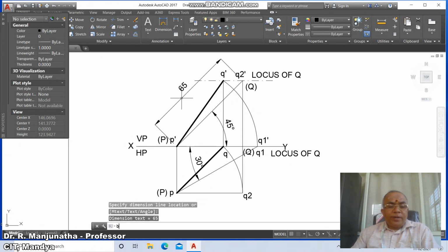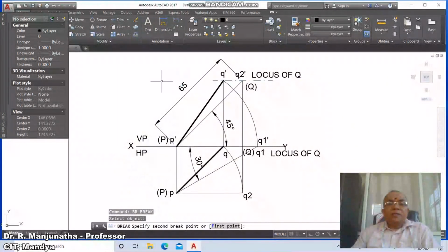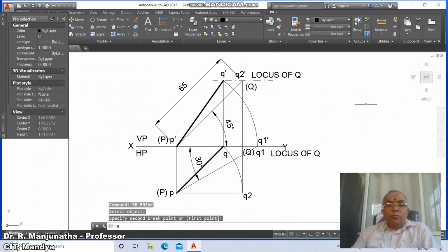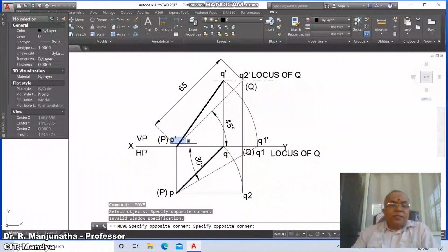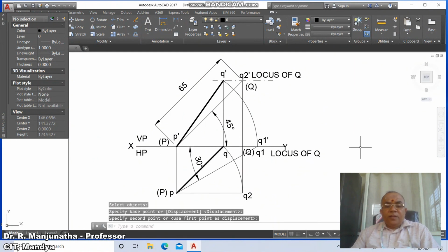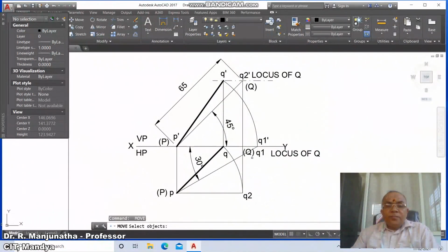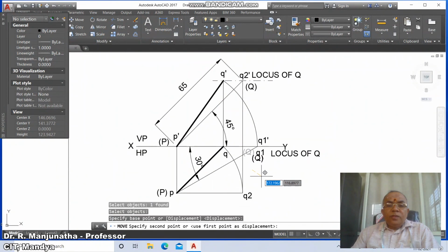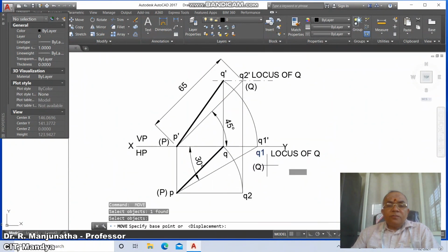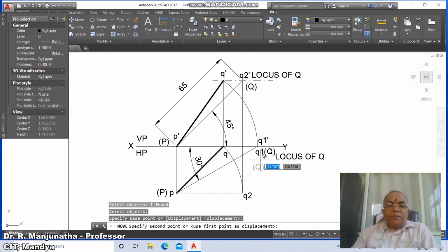Then go to break this line till here, then go to move this outside, Q2 dash, then similarly this P dash, you move it on this so that it will not be on this line. Similarly, move this Q somewhere here, so this will be Q1, so this is going to be the locus of Q and this is going to be capital Q.